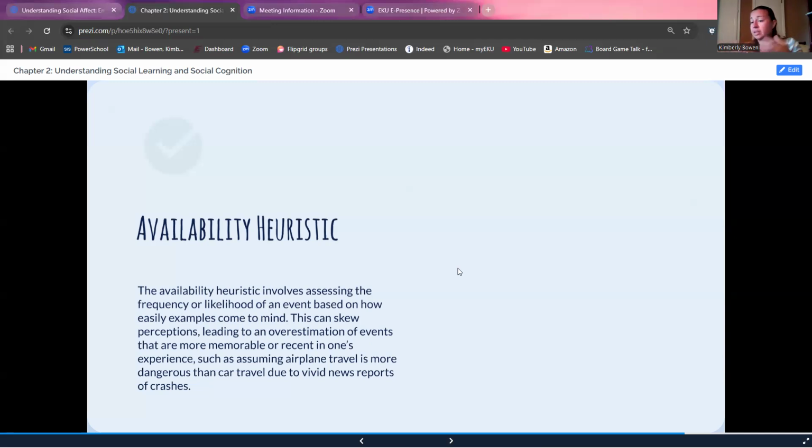Now, will that schema need to be updated again? Possibly, but it is allowing your brain to make those snap judgments so that it can think about the more important thing, like, hey, somebody just said hi to me. Yes, I need to interact with this person. I don't need to worry about the chairs per se or how the room doesn't look right. It allows you to make those snap decisions.